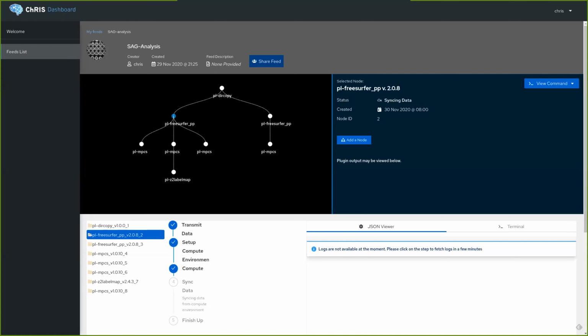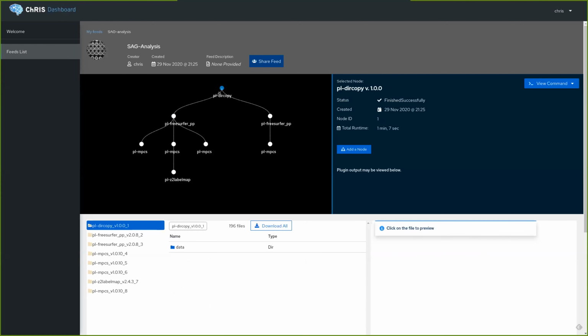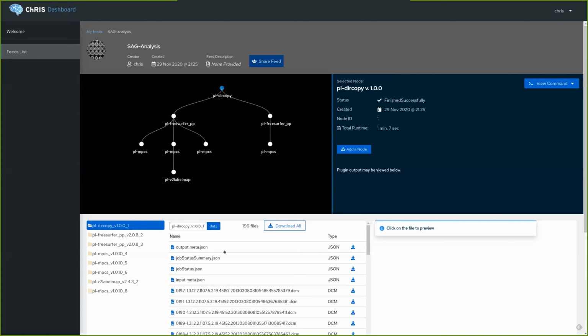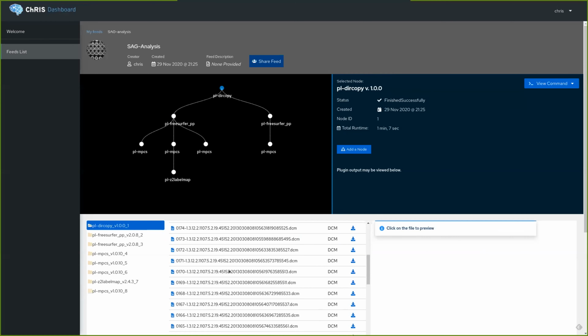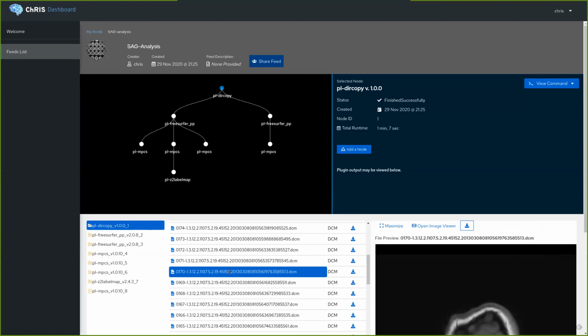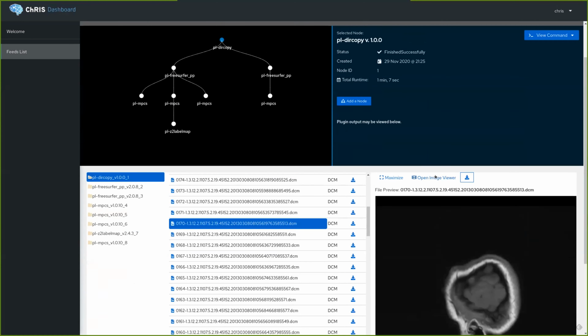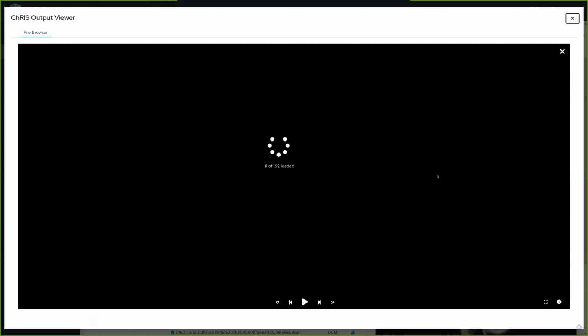Now, each of these nodes is a containerized computation with all of its own internal data. For argument's sake, if I click on this first one over here, the root, I have a file browser, if you will, but this is now all web-based. And here I have the data that I have seeded this particular computation with, and this is an MRI data set. So I'm going to quickly open this in the viewer. We can have a quick look, at least it loads relatively quickly. The joys of doing things locally.